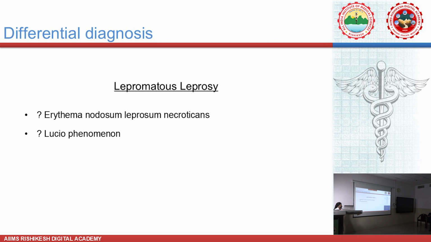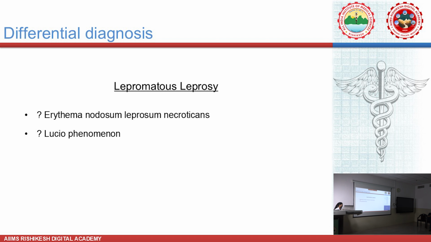So we still haven't got investigations. Yes. So let's say this patient had a blood sugar of 500. Then we can think of peripheral neuropathy. Yes, but then we'll have to do a slit skin smear examination also, which if it comes out positive, then we have to go towards that. Plus, if the patient has diabetic neuropathy along with cutaneous ulceration, then those trophic ulcers are mostly located on the lower limbs. They are not so generalized on the body as such. So for all practical purposes, this is leprosy.